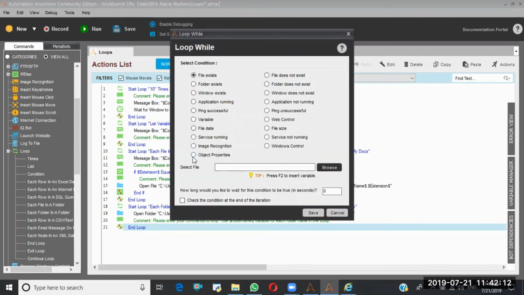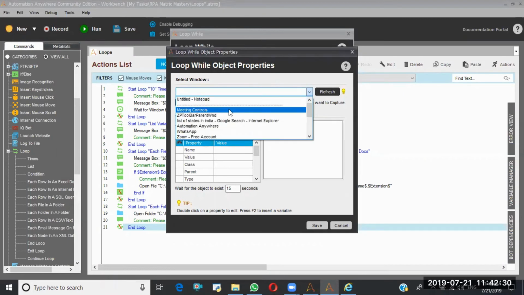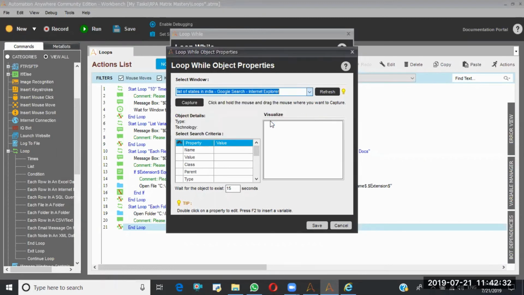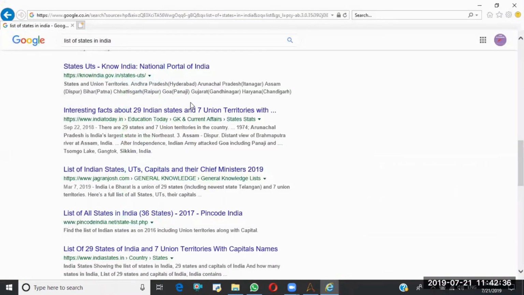So my condition is object properties. Okay, I'm editing this. Here I'm going to select the page. This is my page, I'm capturing.